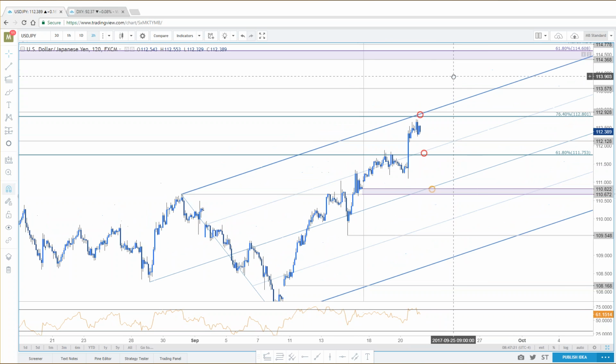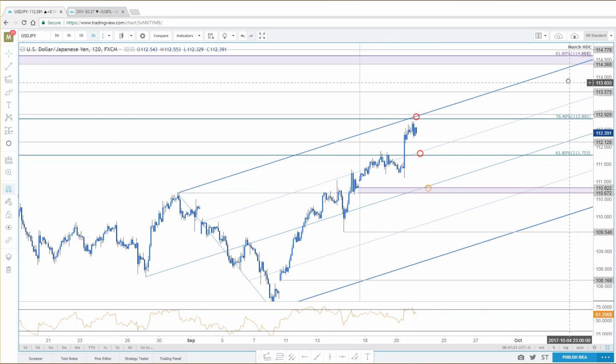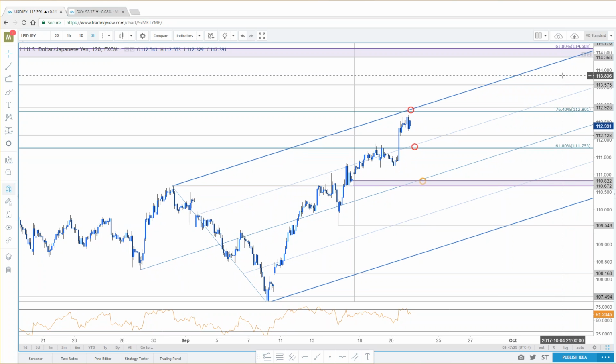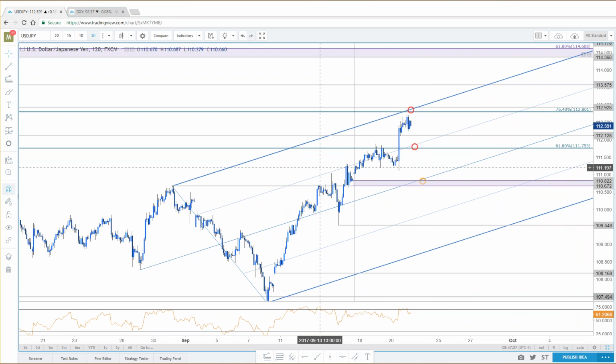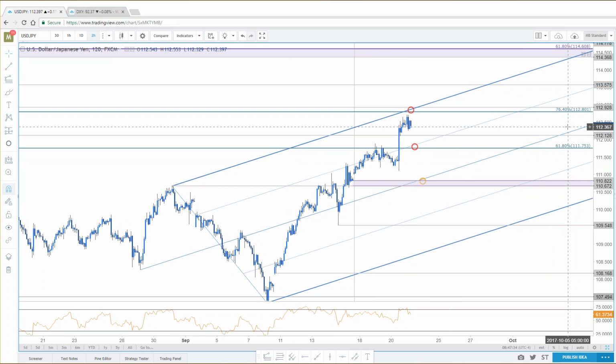If we breach, and I can't say this enough, you're probably sick of hearing me say it, but I'm still going to say it again. The top side of an ascending median line formation, typically that could be the sharpest part. So top side pop above 112.90, basically 113, let's just call it. And there's room. This thing could go right into 113.57, 114.60 in the blink of an eye. So know your levels. Near term, watch the long side as you get into this region. You could get some kickback here from 113.